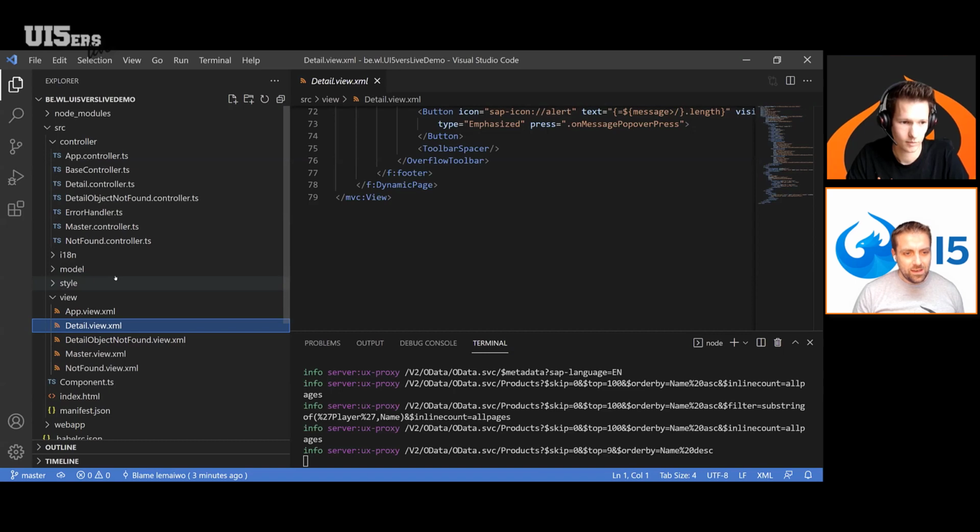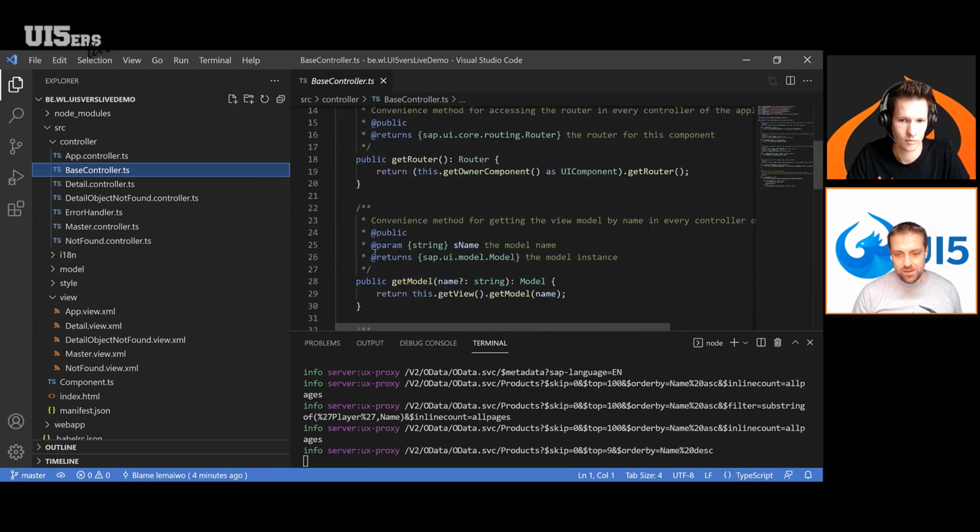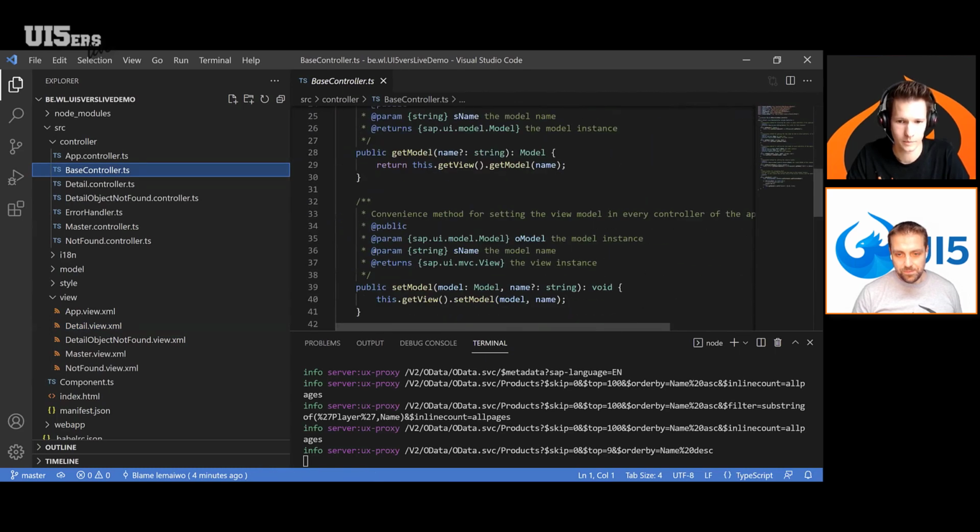Maybe one thing, you added this base controller. We don't have that in the original UI5 template for the TypeScript part. So this is something which you have, which is also the foundation for all of your controllers, the base controller TS, where you put all more generic stuff inside, like the get router call and get model.